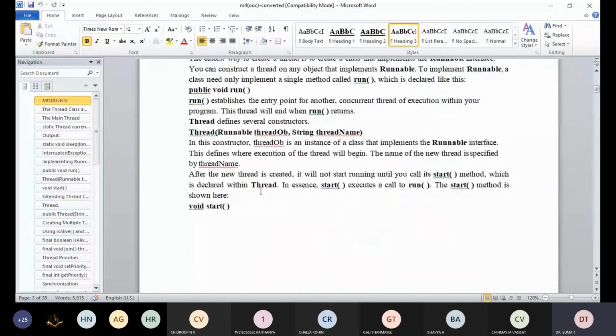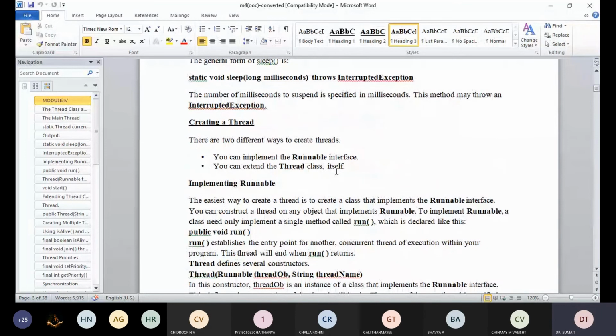Even with the use of the extends approach, we can create more than one thread. Multiple threads means more than one thread. So these are the two methods which illustrate the creation of a single thread with a Runnable interface and with the extension of the Thread class.